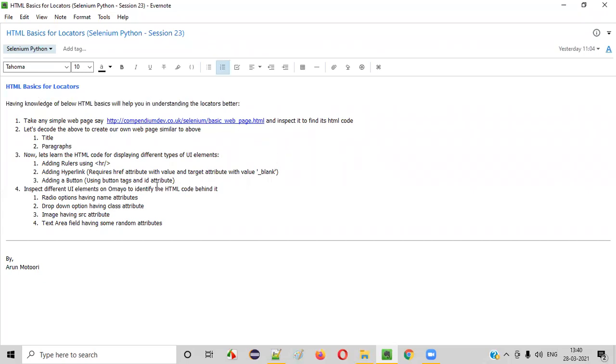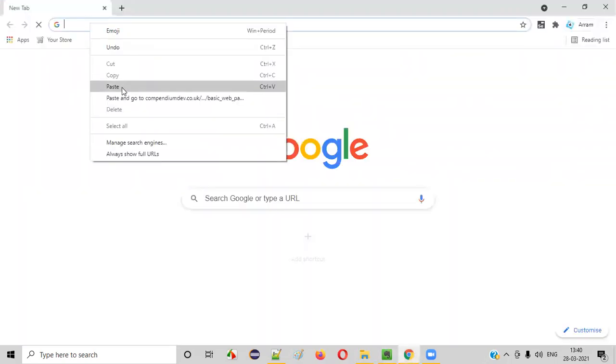Fine. To get started, I'll take this application URL, open any browser, and go to this URL. When I hit this URL, I got this page, guys. This particular page has only two paragraphs. As you can see here on this page, only two paragraphs are there. This is a very simple, basic web page.